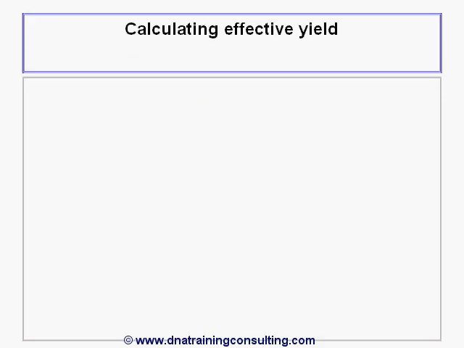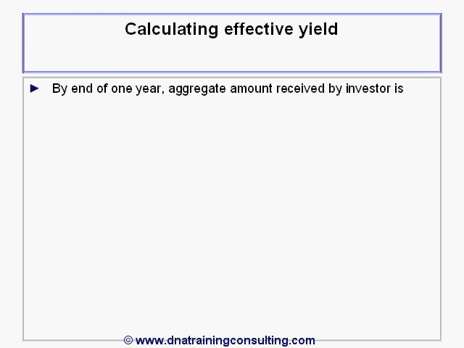A little algebra quickly reveals that by the end of 1 year, the aggregate amount received by the bondholder sums to this quantity here, revealing an effective annual yield of